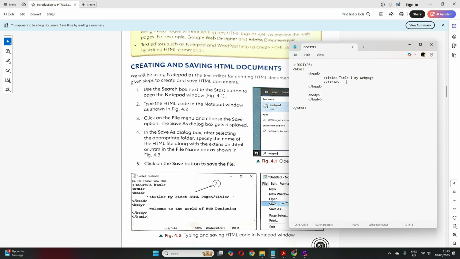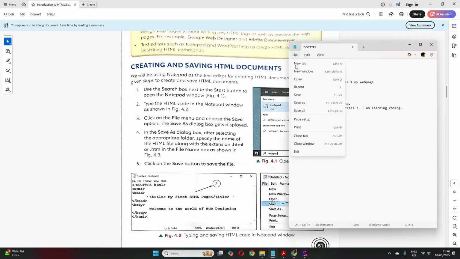Suppose I want to display, and it's better if you write a tab, write it like this. It always looks good and it's easy to read also if you indent your code properly, right? Indentation means, HTML and then give a tab and write head from here. Under head you have all this, so again indent it. Now body, suppose I want to write: I am Priyanka, I study in class 7, I am learning coding. So this is what I want to display.